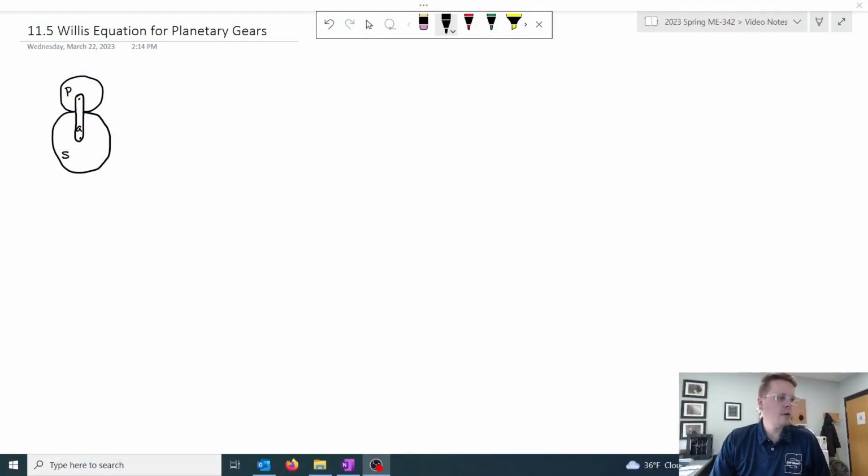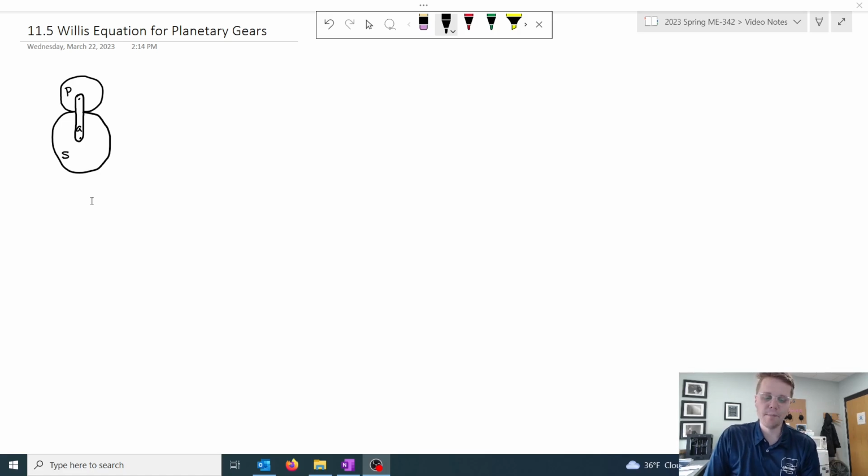So in this video, I want to talk about a little bit more rigorous approach to looking at planetary gears. And I'm going to do so via something called the Willis equation. So suppose we start with a planetary gear, sun gear, and arm connecting the two as shown here. So I'm going to be using subscripts S, A, and P to stand for sun, arm, and planet